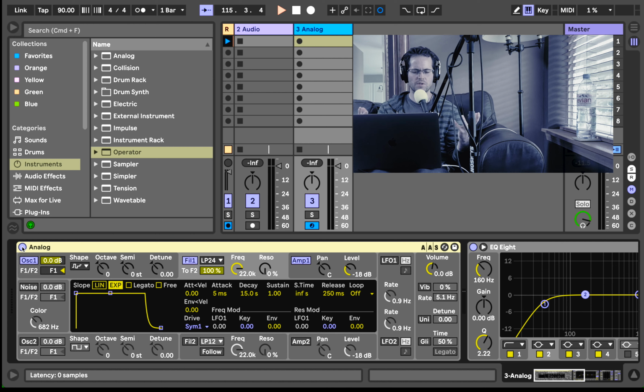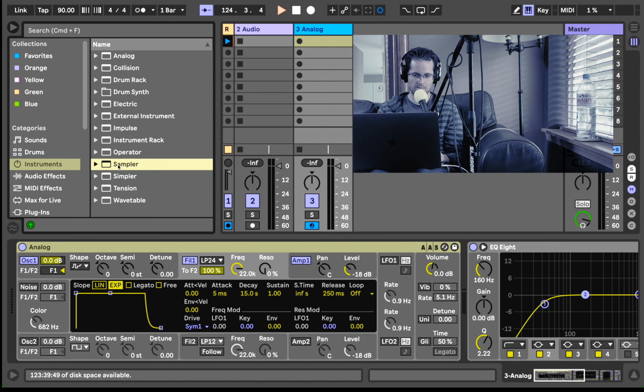So if you're really interested in sound design, you will pay attention if there are any discrepancies between white noise in operator and analog. And then for you theorists out there, you can play around with white noise and do all of this stuff. Even if you were to just drop a sample of white noise into a sampling device such as Ableton's sampler or simpler. But in any event, we're in analog,